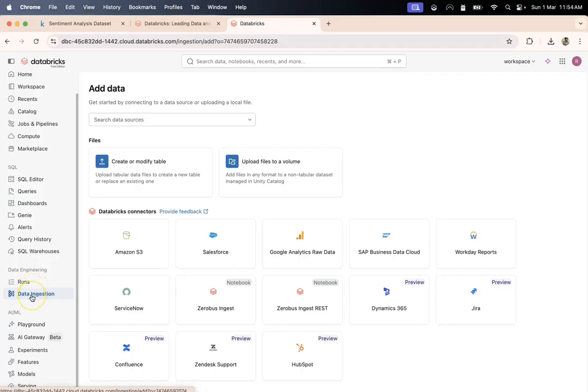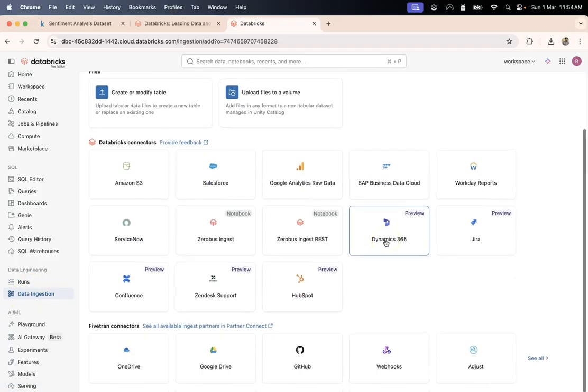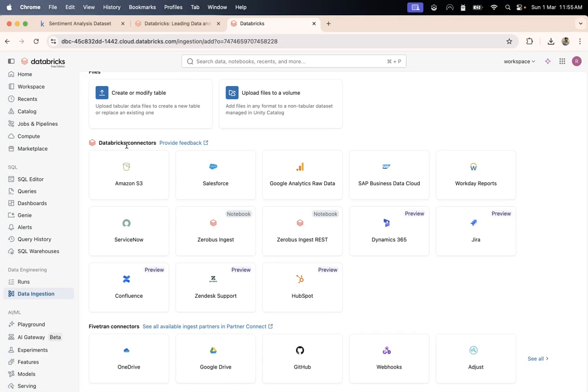Now under the data ingestion, you have got these so-called connectors, Databricks connectors. Now what you can do from it is you can connect your Databricks to various other sources.